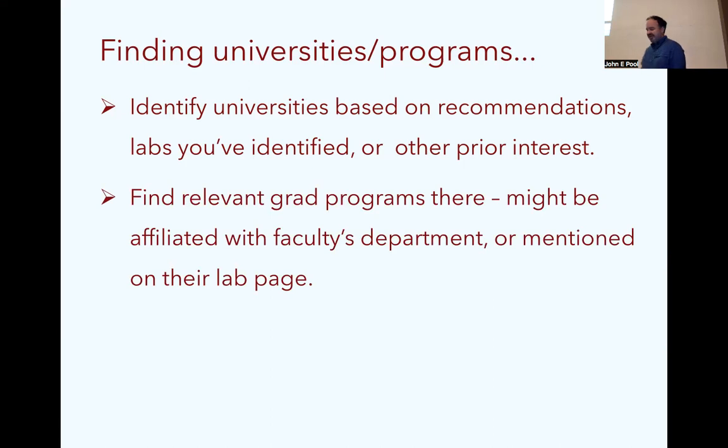One thing you need to do is for any given university, you need to figure out, well, what are the PhD programs that I might like to apply to at that university? And so this can be a little bit challenging to navigate. I feel like, occasionally I see applications here at UW where it seems like an applicant may have missed the existence of a program that might be most relevant to their interests.